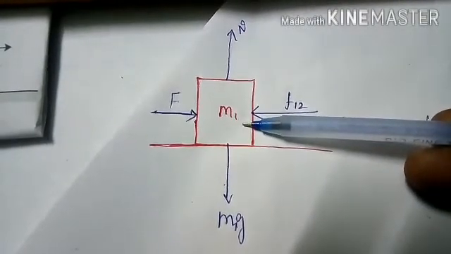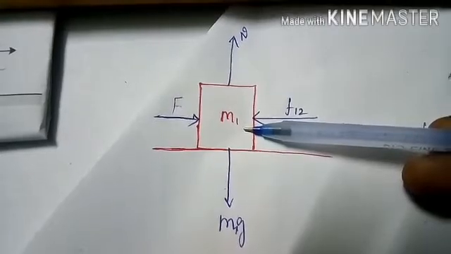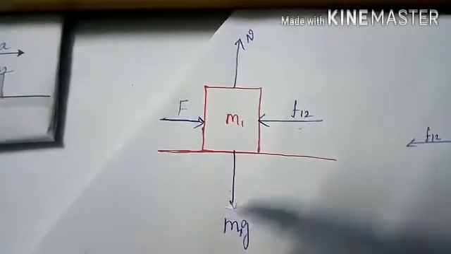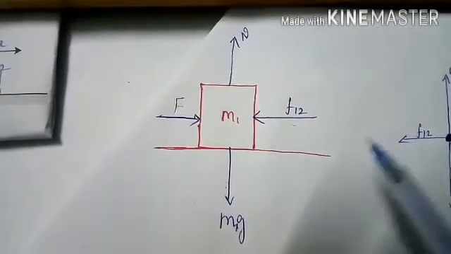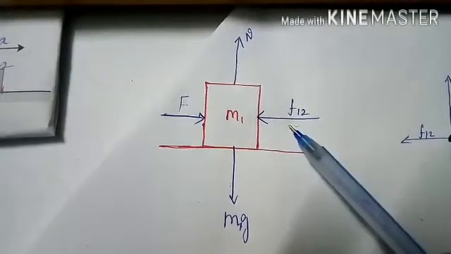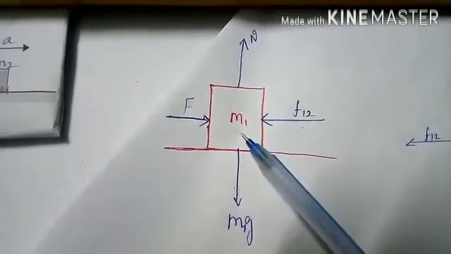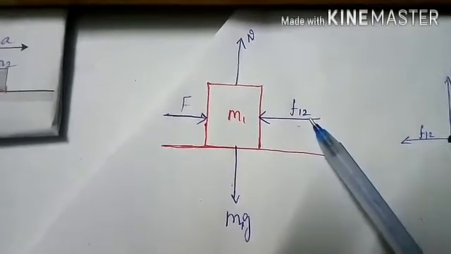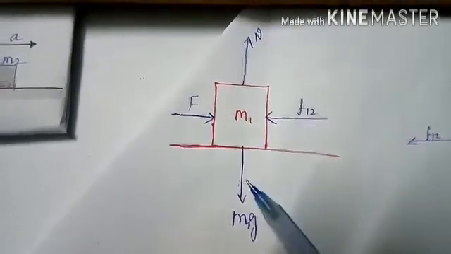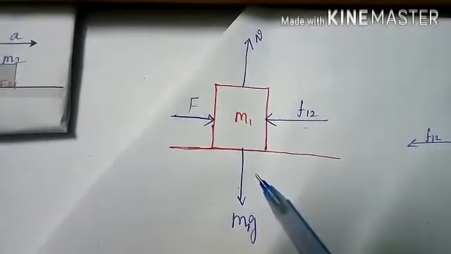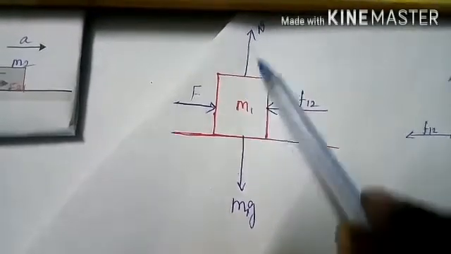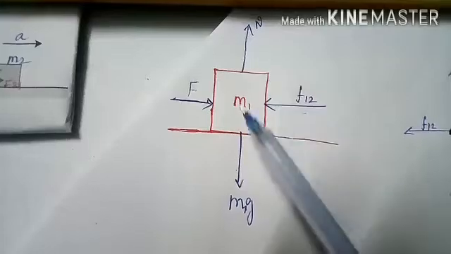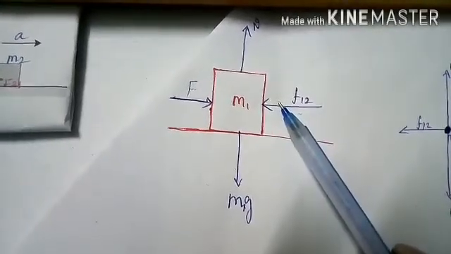Here, how many forces are acting on the object? 4, sir. Very good. What are they? One is the applied force on this side. On the other side, the force m2 exerts on body m1, that is F12, and also the gravitational force acting downwards on the mass m1, and the normal contact force exerted by the surface. So totally how many forces are exerted? 4. The second step is to represent the object as a point.